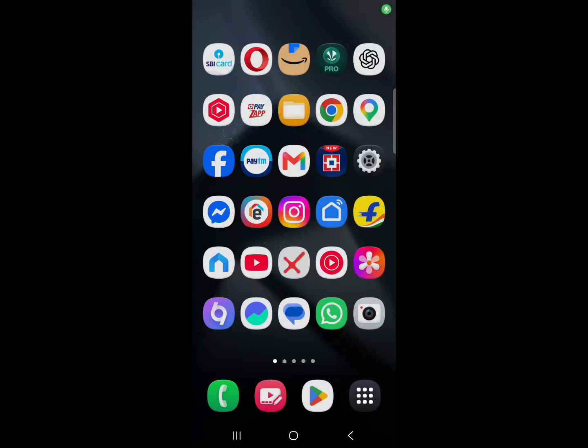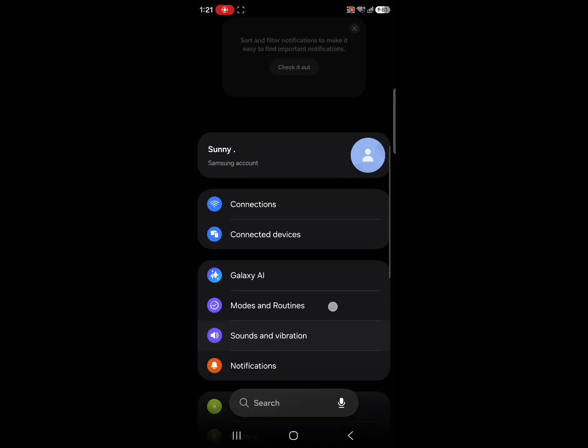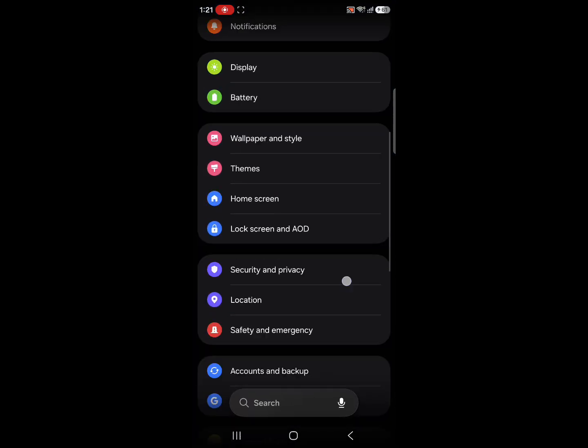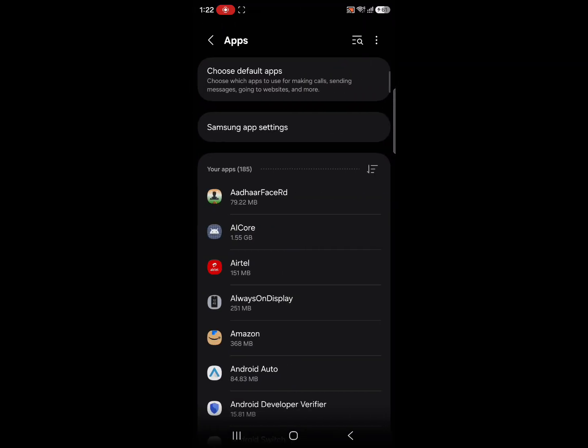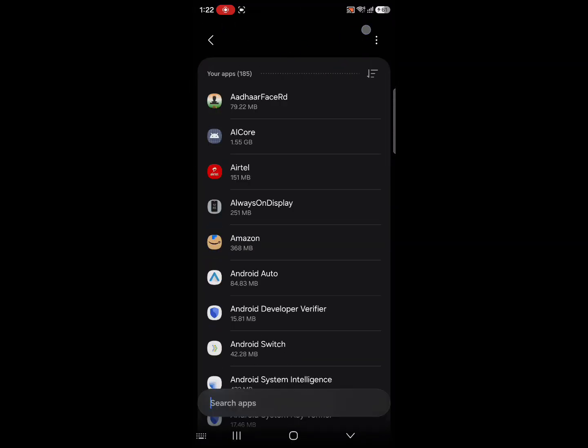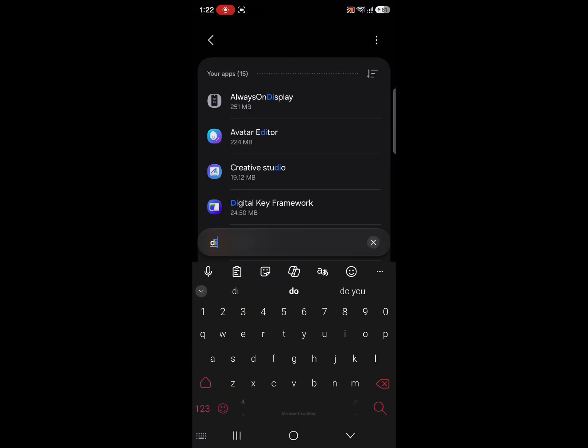Of this power hungry app, in most of the phones you will find it, and it uses a lot of resources and continuous battery. So to check that, go to the settings and then scroll down, and here you will find apps. Once you click on that, search the app and type digital,